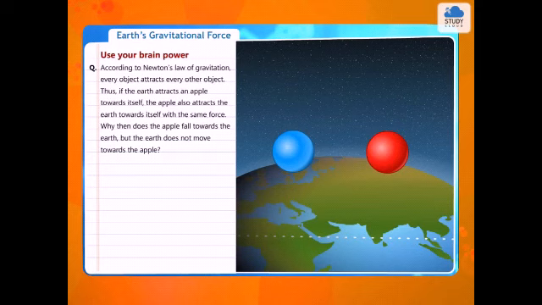Use your brain power. According to Newton's law of gravitation, every object attracts every other object. Thus, if the earth attracts an apple towards itself, the apple also attracts the earth towards itself with the same force. Why then does the apple fall towards the earth, but the earth does not move towards the apple? Answer: